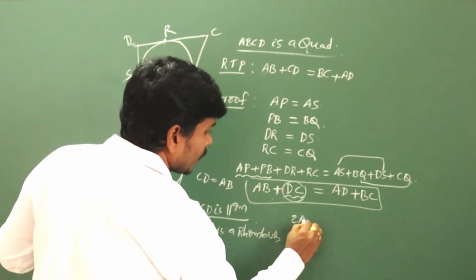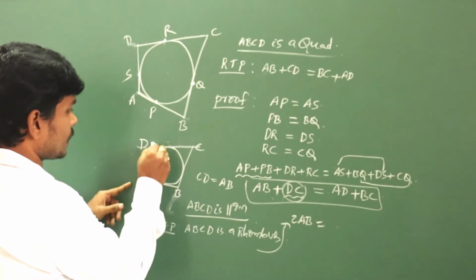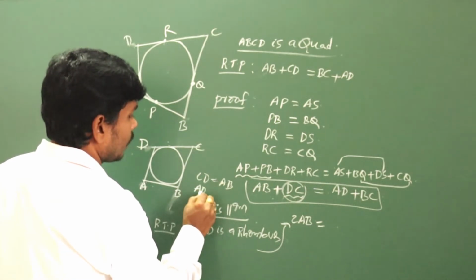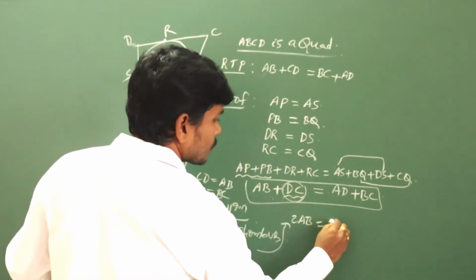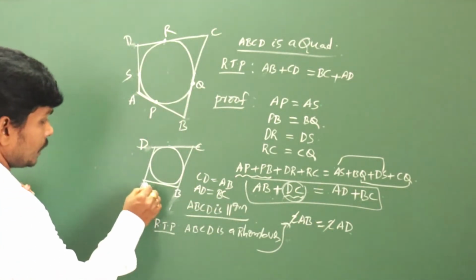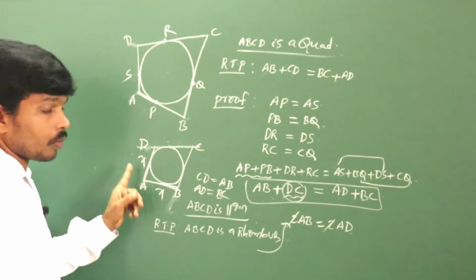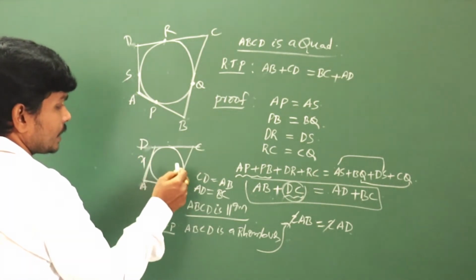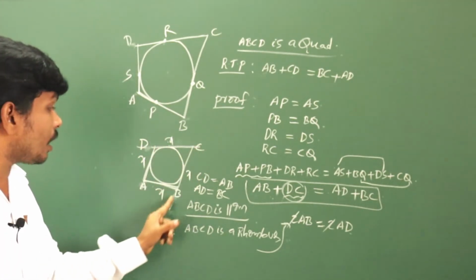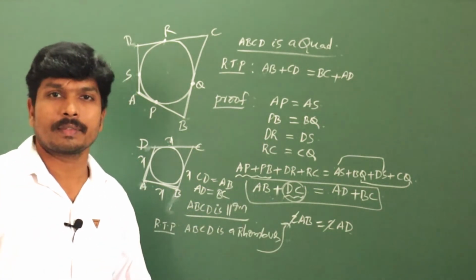AB plus AB is 2AB. And again, opposite sides are equal, AD is equal to BC. AD plus BC value is also AD plus AD, so 2 times AD. The 2 gets cancelled. AB is equal to AD, you got it. Let the AB value be X, then the AD value is also X. It is a parallelogram, no? Opposite sides are equal, so AD is equal to BC, AB is equal to CD. So what did you get? All sides are equal. If all sides are equal, then definitely that is a rhombus.